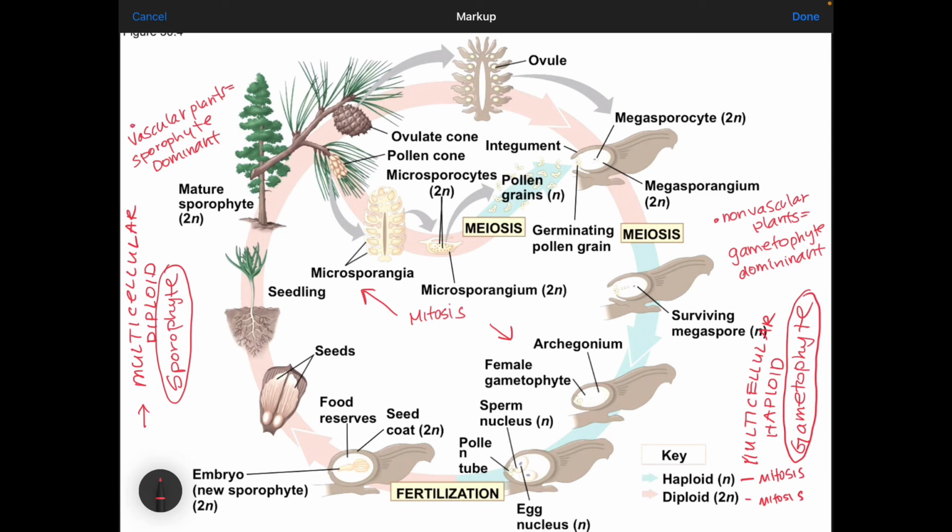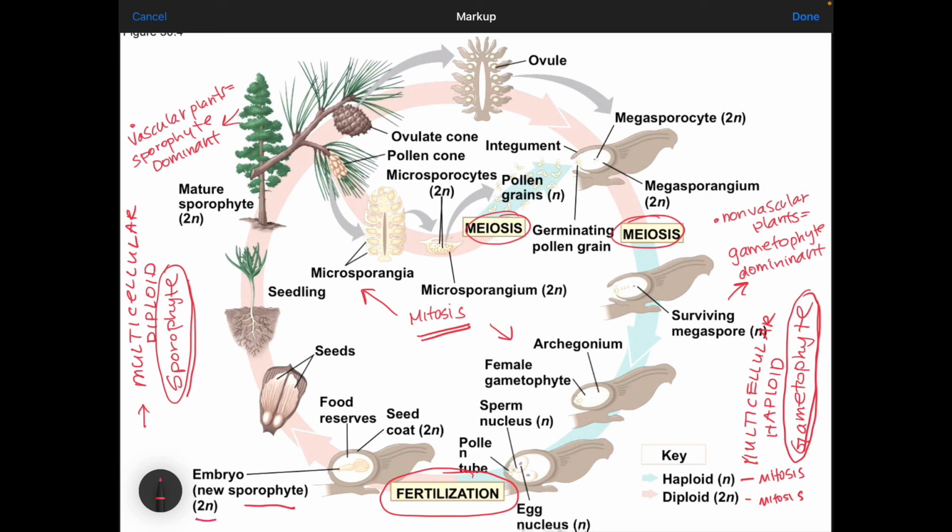All right, so we've got most of our stuff already labeled on here. We have our sporophyte stage, our gametophyte stage. We have where mitosis is happening. We have which stage is dominant. That's pretty much it. So the other stuff to look for is meiosis. That's going to happen in the male and in the female plants. And then we're going to get a male and female gamete together to undergo fertilization. And then the fertilization is going to result in a 2N sporophyte.